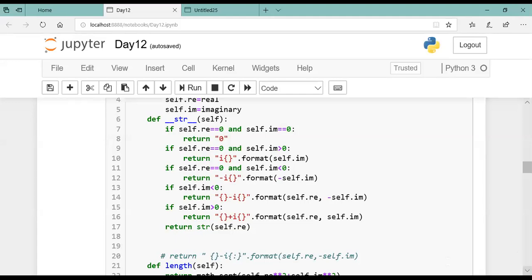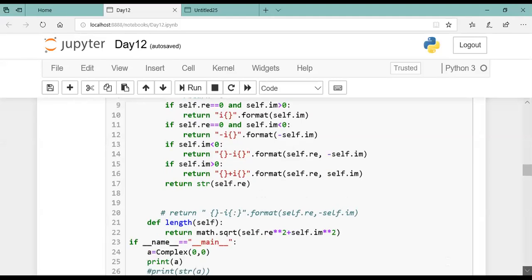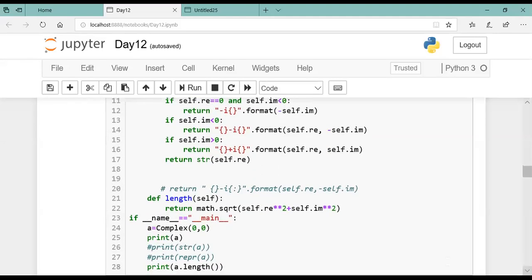So the str method will now take care of the printing part of the complex number. And in the previous examples, students, I have covered the wrapper method. The wrapper method doesn't require an object to call it. Means object dot method you're not writing. You're writing only the method, and in the method you are writing the object name, then it will run.